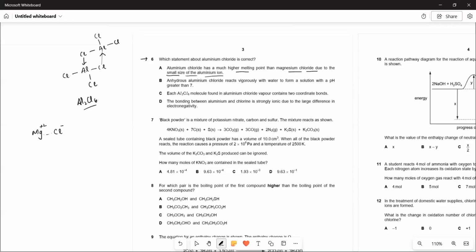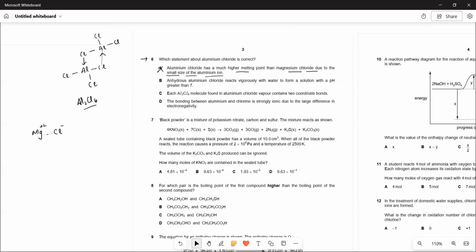Why? Because the electronegativity difference is greater in the case of magnesium chloride as compared to aluminium chloride, isn't it? Yes. So if the electronegativity difference is greater, then there will be more ionic character, and more ionic character means strong forces. And if strong forces, then it will have a higher melting and boiling point. So they are saying much higher. No,